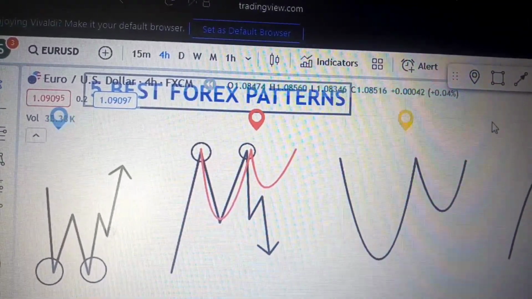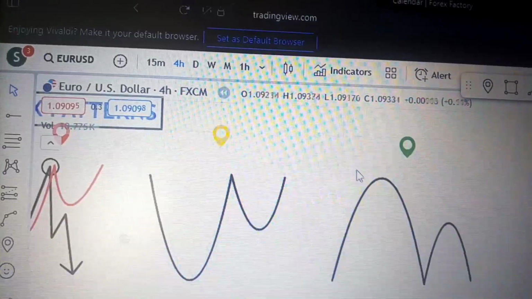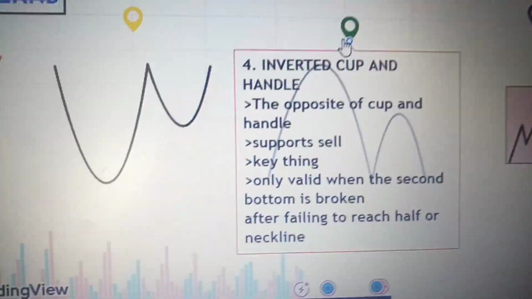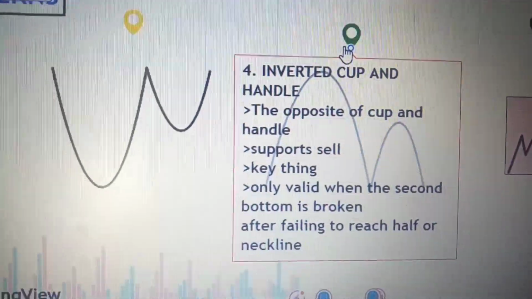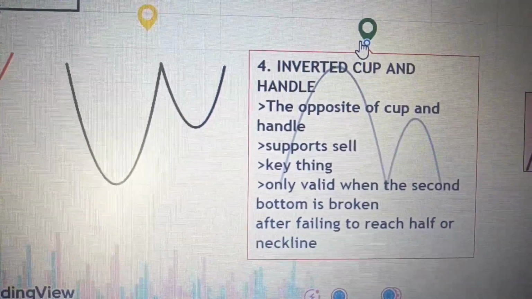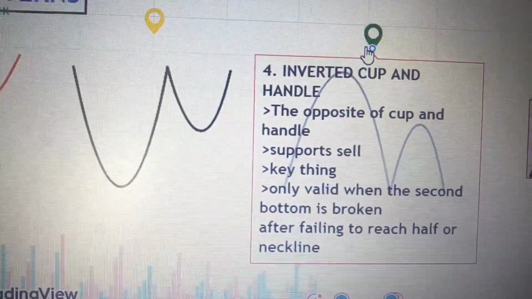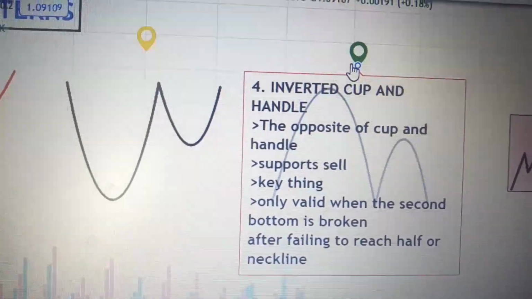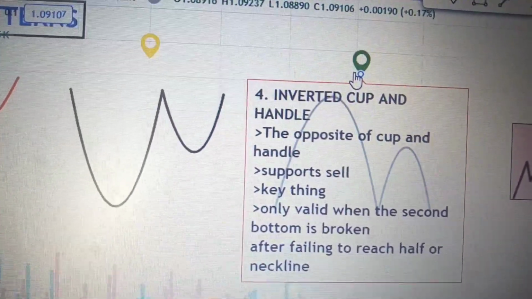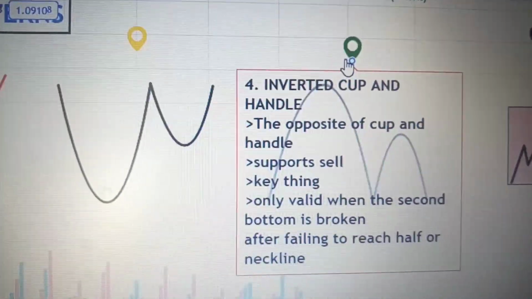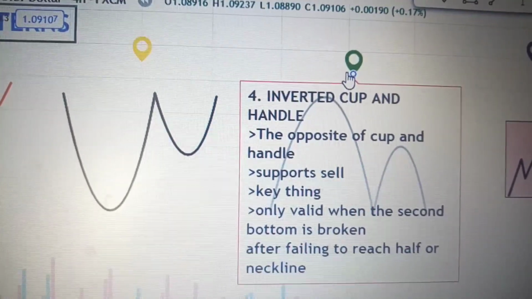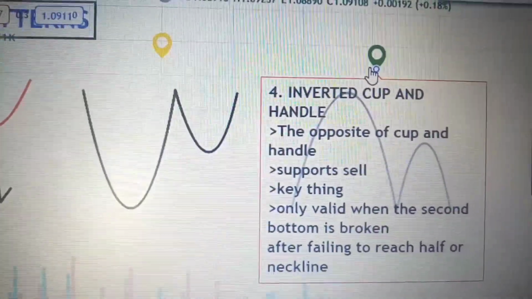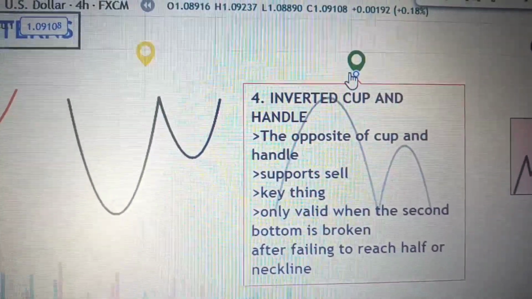The other pattern, the fourth pattern, is called the inverted cup and handle. Now it is the opposite of cup and handle. You see, it is the opposite of the cup and handle, and this one supports sell, and it is only valid when the second bottom of the leg fails after maybe reaching the half, or does not even reach the neckline or that half. It is the complete opposite of the cup and handle. That is why I'm saying there are three patterns. As long as you understand the first pattern, the second one is the opposite of the first pattern,